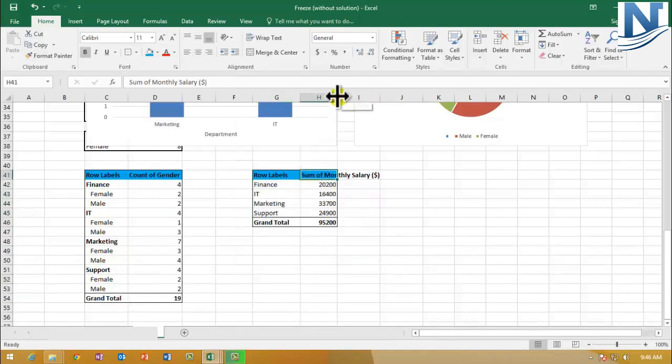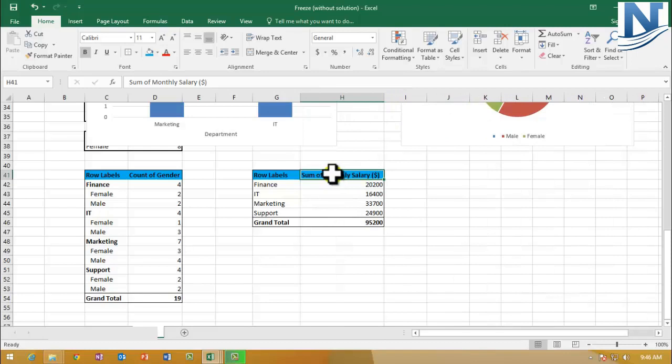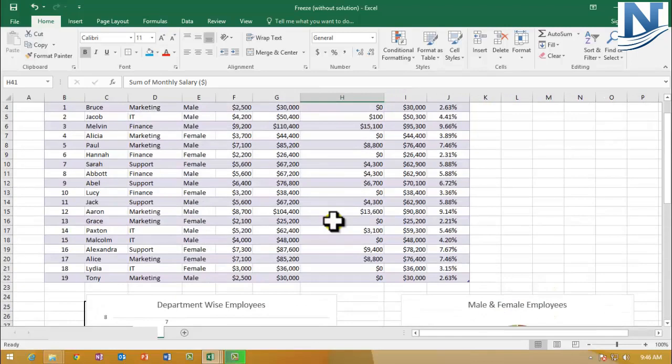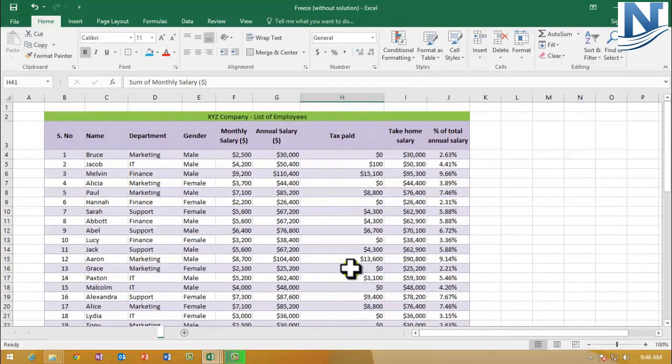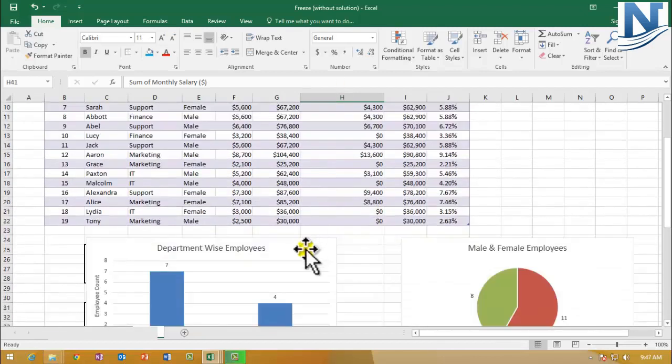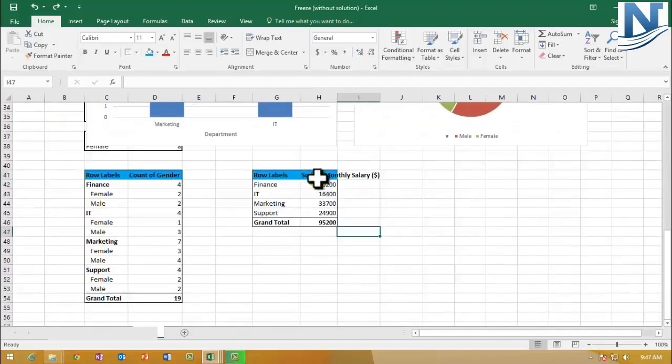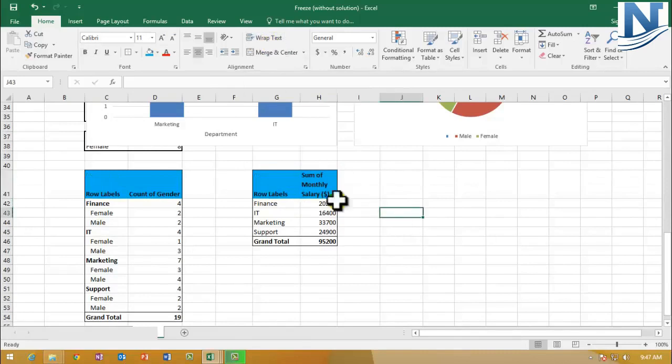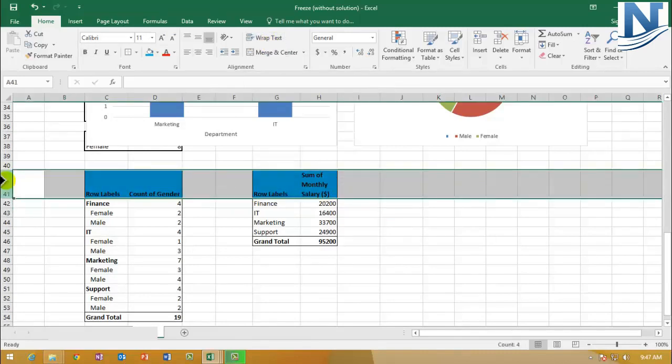Can I just increase the width of this column so that everything fits in this? But if I do so, I'm increasing the width of this column also, tax paid. I do not like how it is looking now, so I'll just press Ctrl Z, and what I'll do is wrap text. I'm clicking my mouse over here and clicking on the wrap text option. Now the entire height of row 41 has increased. Let's bring this in between. Okay, now this is looking good.